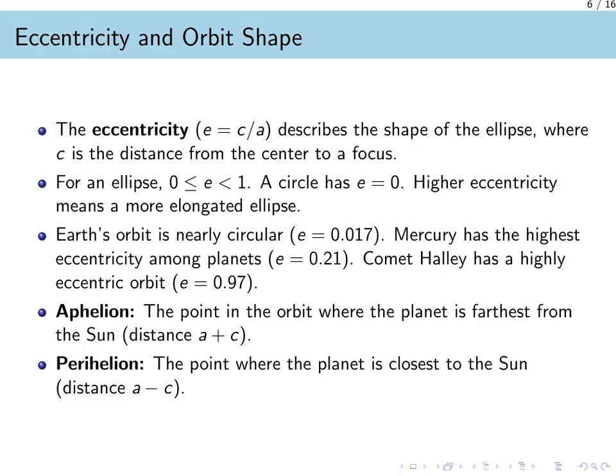To get a feel for this, Earth's orbit is nearly circular, with an eccentricity of only about 0.017. Mercury has the most eccentric orbit of any planet, at 0.21. In contrast, Comet Halley follows a highly elongated path with an eccentricity of 0.97. This shape determines the points of closest and farthest approach to the Sun. The point where the planet is farthest from the Sun is called the aphelion, at a distance of a plus c. The point where it is closest is called the perihelion, at a distance of a minus c. Therefore, eccentricity is the key parameter that quantifies an orbit's shape and sets the minimum and maximum distances from the